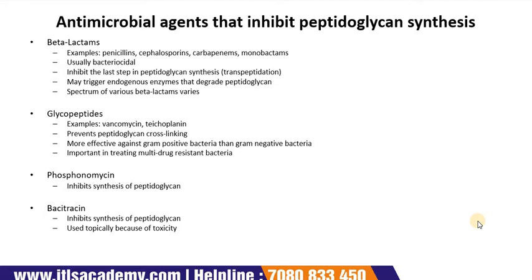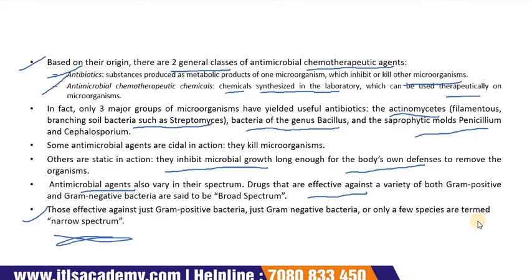Next is your antimicrobial agents that inhibit the peptidoglycan synthesis. Here I have discussed your antimicrobial chemotherapeutic agents and the major classes into which they are generally divided, means on how they are effective, how they act on the microorganism, whether they are cidal or static, broad spectrum or narrow spectrum. So examples are commonly used antibacterial chemotherapeutic agents arranged according to their mode of action.